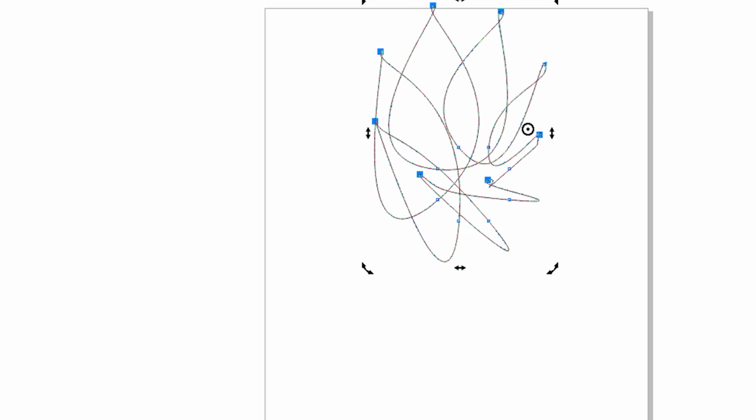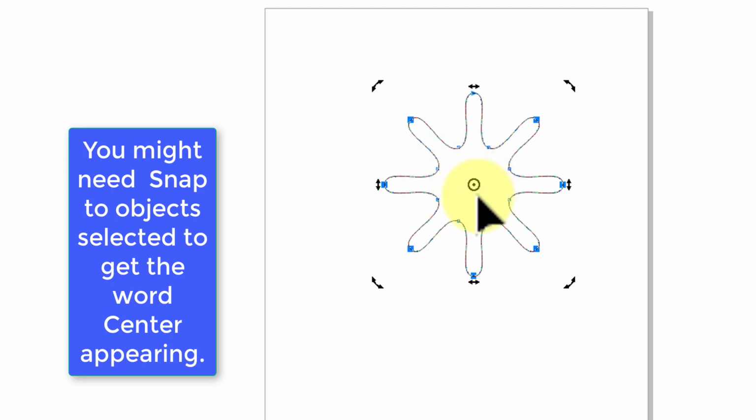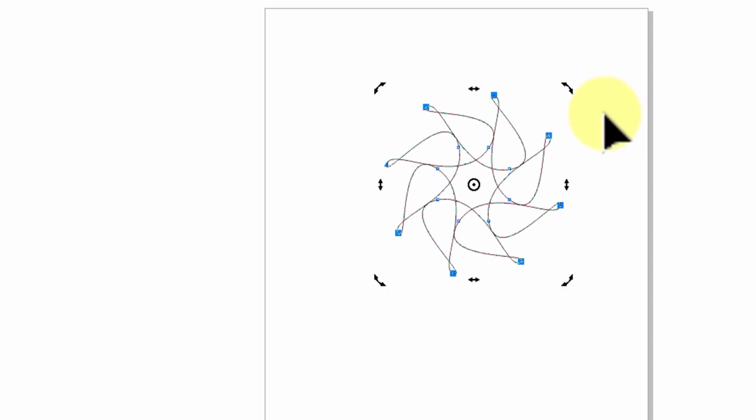So there's lots of options, but I'm going to keep it simple and keep the center of rotation in the middle, which I'm sorry, if you move it back, you should get the word center come back up in the middle there, and then rotate to your design choice. Don't like that one, I'll come back a little bit. Alright, now